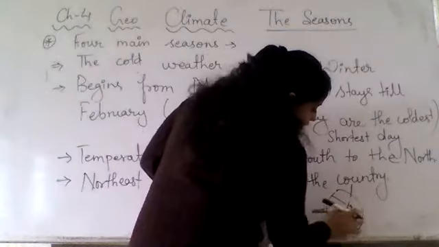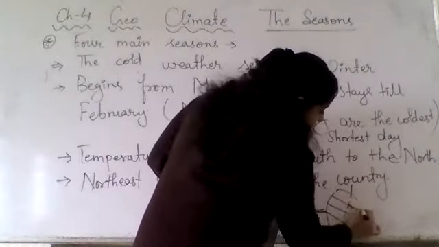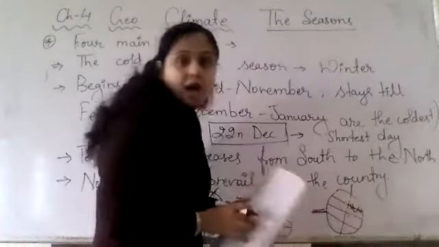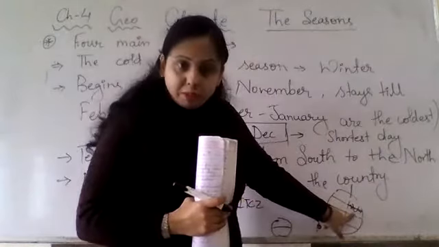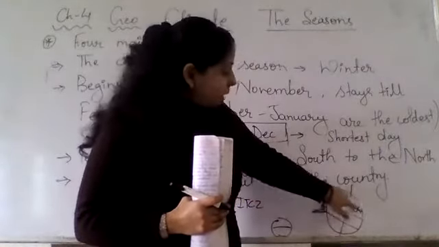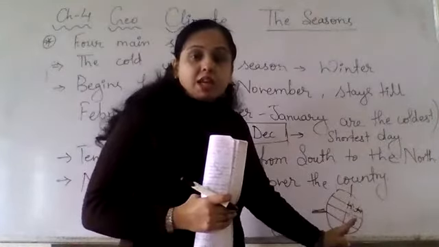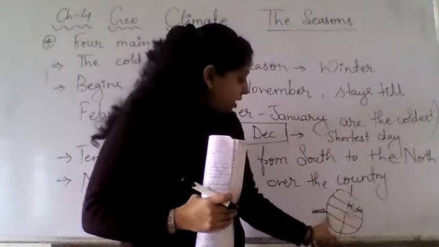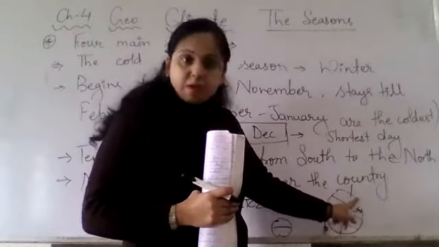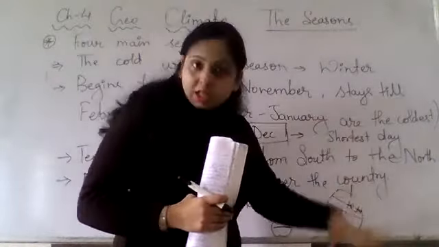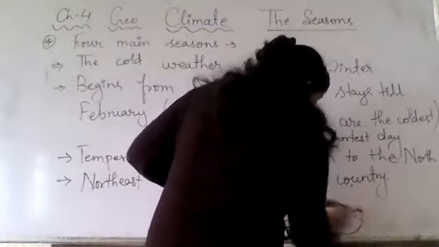now if this is the equator, India will not cross the equator. If this is the Tropic of Capricorn and here you have India, so the maximum temperature will be in the south and the minimum temperature will be in the north, because this is the ITCZ. So as you go far from the ITCZ, the temperature will decrease. Understood? This is the phenomenon which we have.